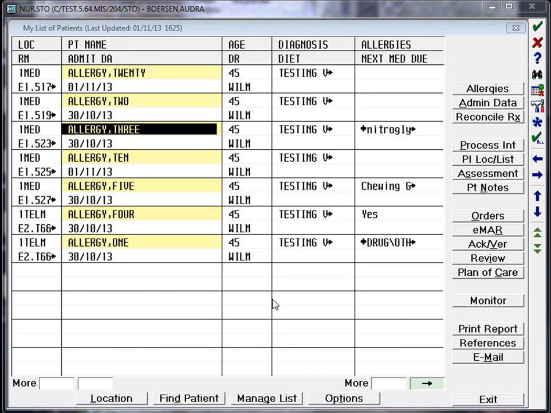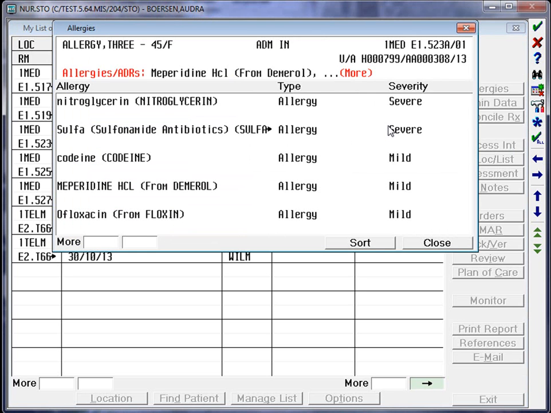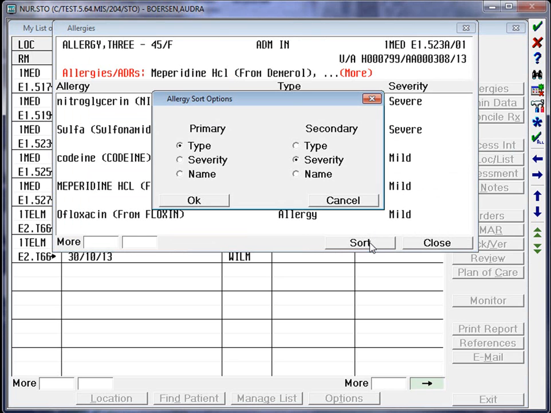To view my patient's allergies, you'll notice that I've added a new header or new column to the patient status board. So if there's a corresponding allergy to the patient's profile, you can highlight the patient and click on the Allergy tab to view. You can change your sort,